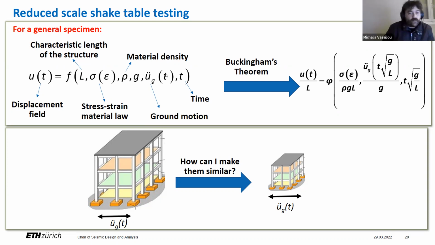But the trick over here is that, say that you have to find this function f, and you need to do experiments. Okay, so you will need to do your tests for different values of L, of rho, G, and so on. You understand that this grows exponentially. So Buckingham says that instead of trying to find this f, your problem is defined by function phi, which has fewer arguments. So you need to do way fewer tests. And you can reduce the dimensionality